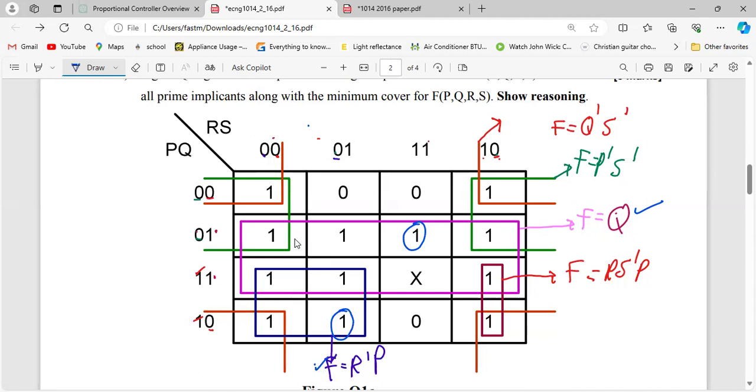As you can clearly see, these cover many ones. The next ones that we need to cover, because looking at it, this is what I do in my brain: when I do it, I'll just shade the ones that are covered, because I will have the exam paper. So I shade that and I shade that. So looking at this, we have already covered most of the ones. Which ones are we missing right now? We're missing this one here, this one here, this one here, and you could by extension say this one,